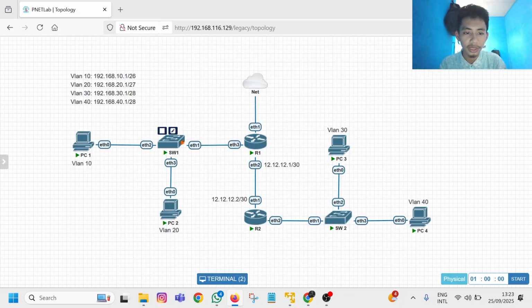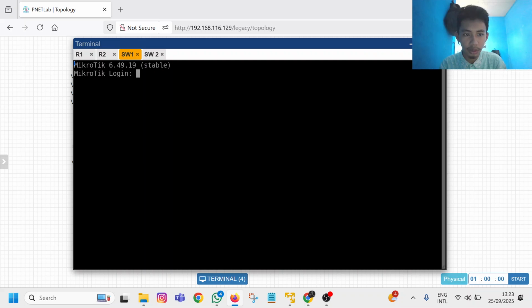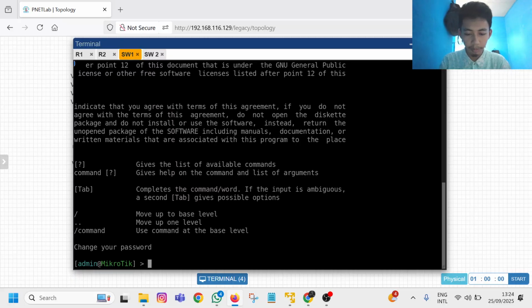Now go to the switch, switch 1 and switch 2. But first let's go to switch 1. We log in. Now name it: system identity set name SW1.